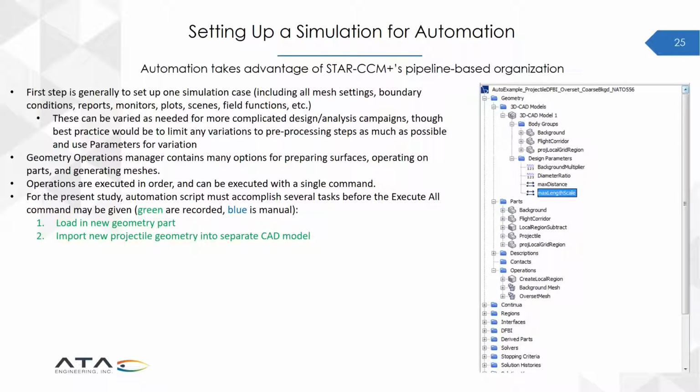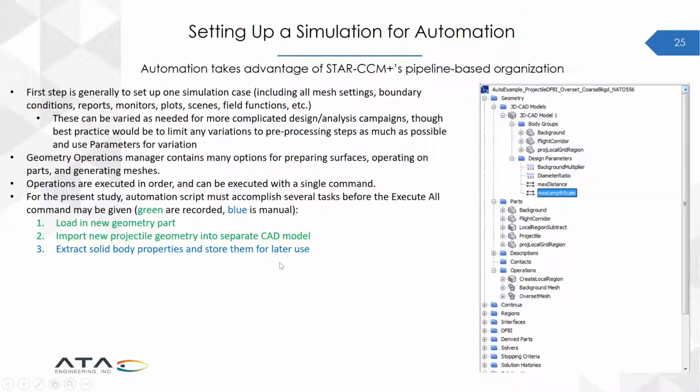But the first thing you obviously need to do if you're changing your geometry is load in a new geometry part to replace the one that you're analyzing. In this case, we'd be loading in a new bullet. And then the second step would be to import that new bullet that we've loaded in into a separate CAD model. So you can see here in the project view, we have one CAD model already, which is what we use to create our background region: the background part, the flight corridor refinement volume, and then the overset sphere volume with the design parameters to define all of those. For the bullet, we're going to need to import it into a separate CAD model